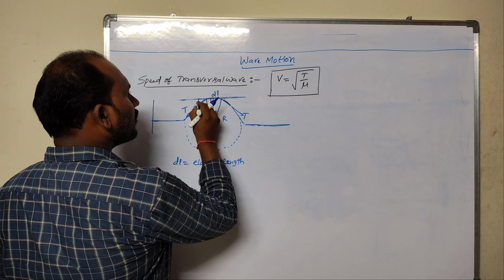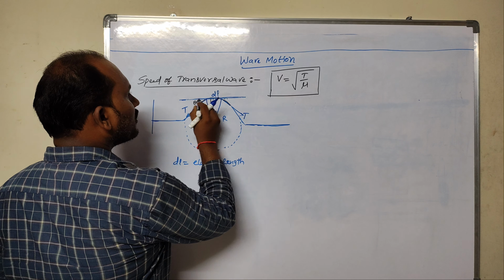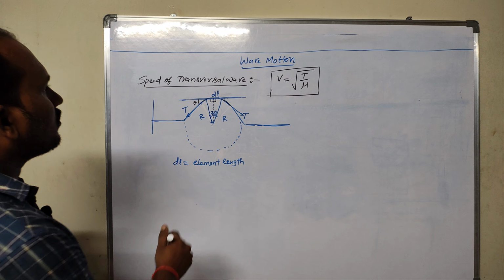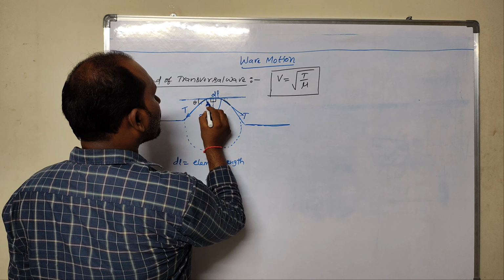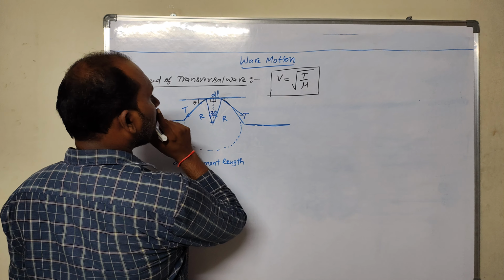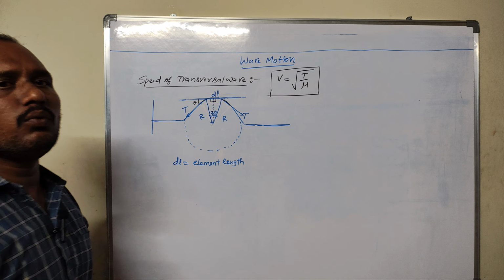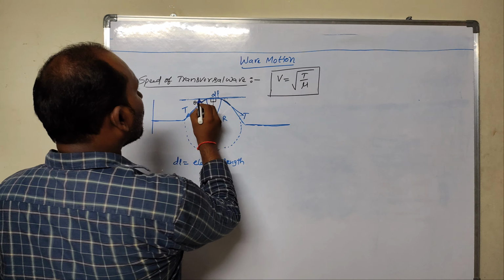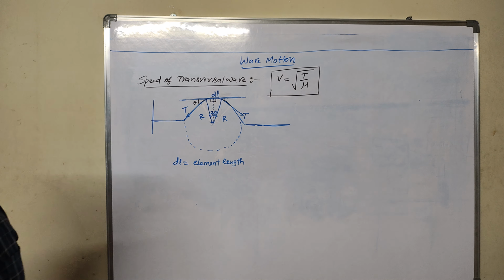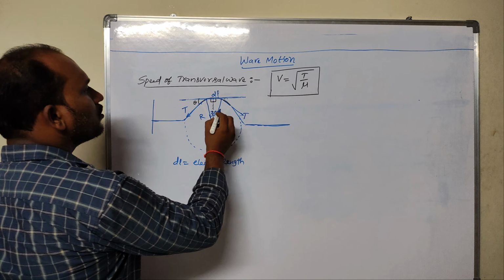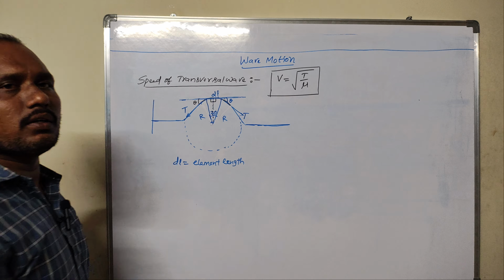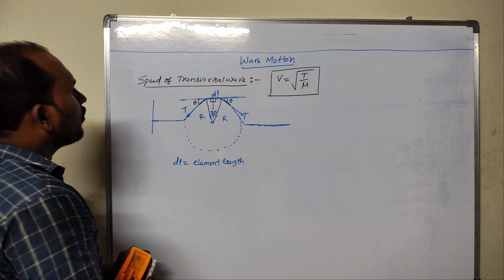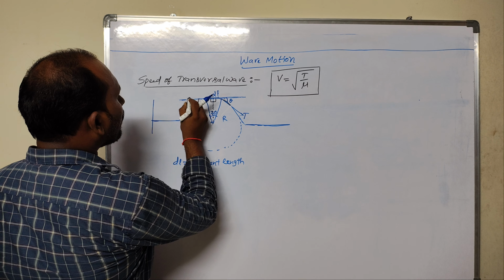Agree or not? Because this is 90, this is 90 minus theta. This is a perpendicular bisector, so this becomes theta, and this also becomes theta. Now from compound resolution,